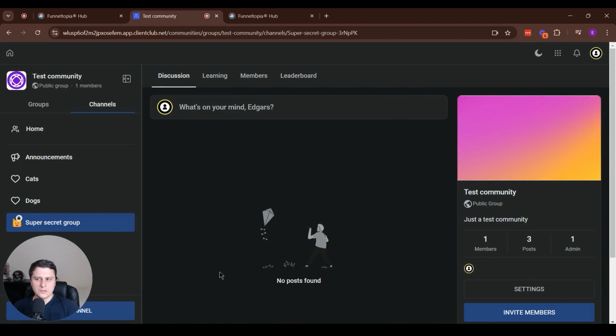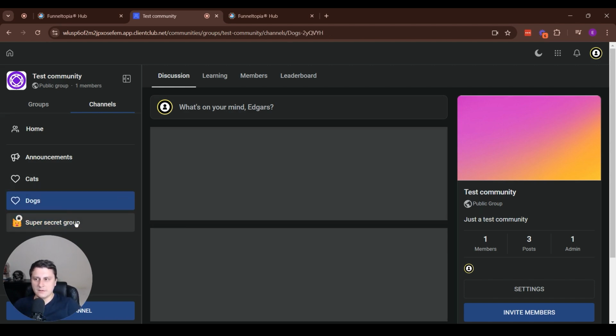What would be a good use case for this? I would think a private group would probably be for a group of your coaching clients, or a mastermind, or something that people paid for and they get separate access. Along with your public groups, they get their own secret club, so to say, or more direct communication with you, a tighter group with just the people in this mastermind or coaching group. That's one of the things I can think of.